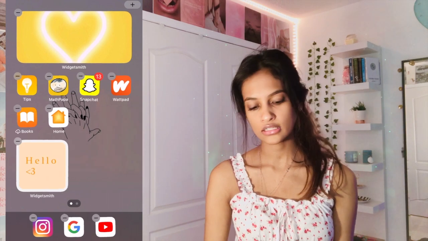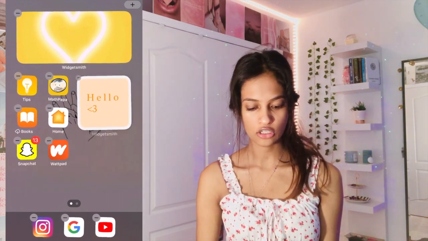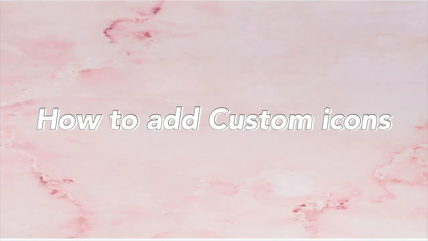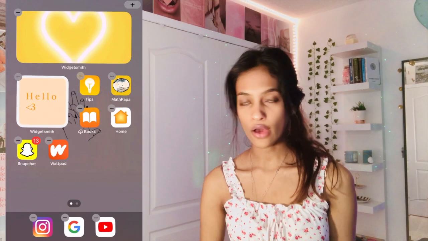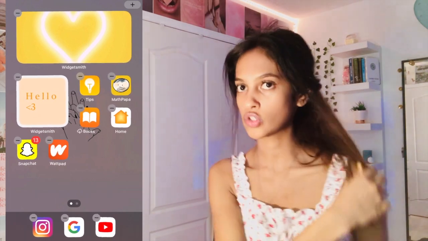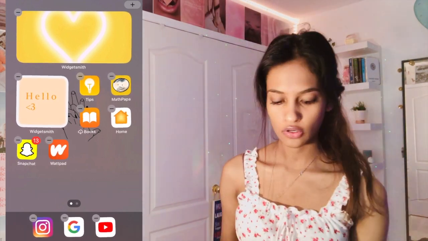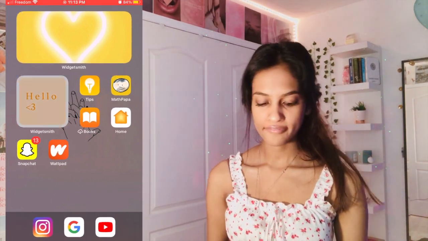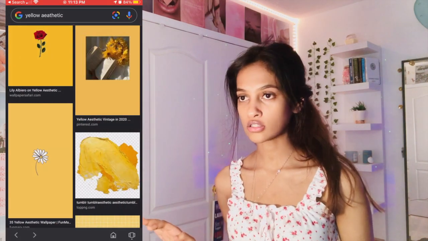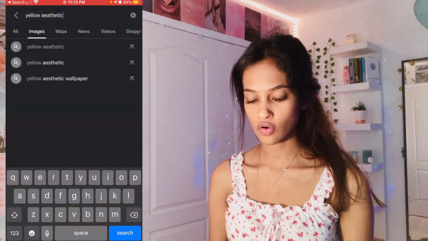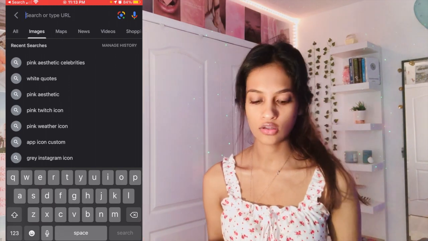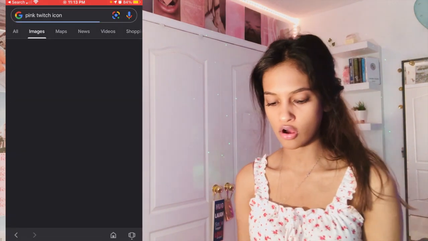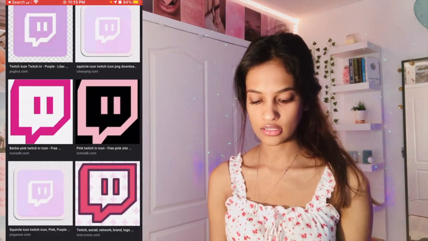And there's my text. My text is right there, and you guys can change the layout and do whatever you want with it. Now, if you guys want to change the icon, if you don't like the default icons, well, no problem. So, first things first. How I found my icons are from Google, but I don't know how to make cute aesthetic icons. I'm pretty sure you can Google them. That's what I did. I went to like pink Twitch icon and I found this icon and just saved